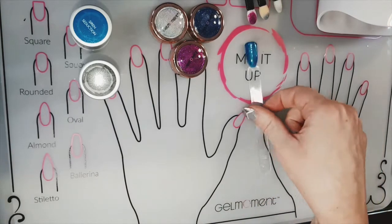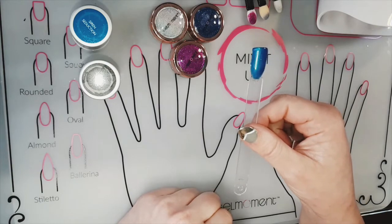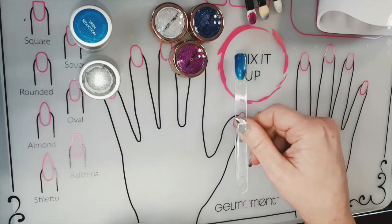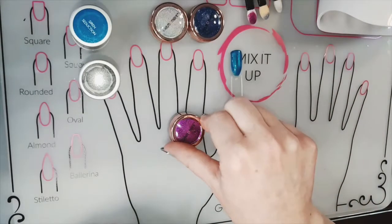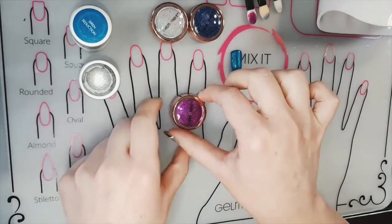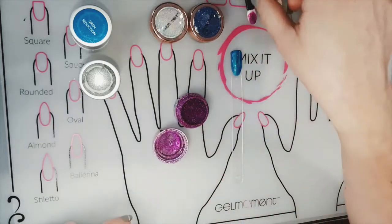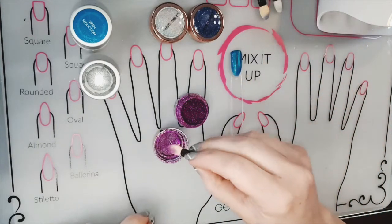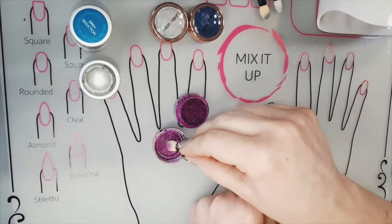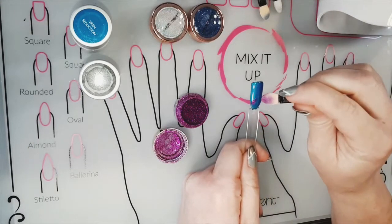Okay, so we're going to get started. Before this video began, I put 2 coats of Siren Seduction and cured each coat under the lamp. And so now we're going to start the next step. So first thing I'm going to do is take Cosmos chrome powder, and I try to be careful because the chromes can spread out a lot. So I sort of try to knock a little bit off the lid. I tend to just use the chrome that's already in the lid because there's usually more than enough there just to apply. And the first thing I'm going to do is just make kind of a stripe